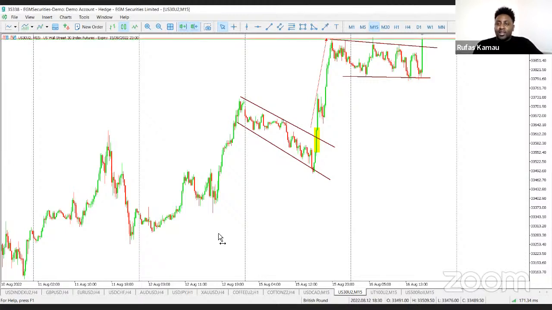Let's say the Bank of England governor will be saying, this is what we are looking to implement in the UK. This is how we are looking to, let's say, solve the problem of inflation. This is how we are looking to solve the problem of energy prices. This is how much progress we have made with Brexit and so on. So we will be looking at insights about further economic policy, from the Bank of England governor and also the governor of the Federal Reserve Bank of the US,